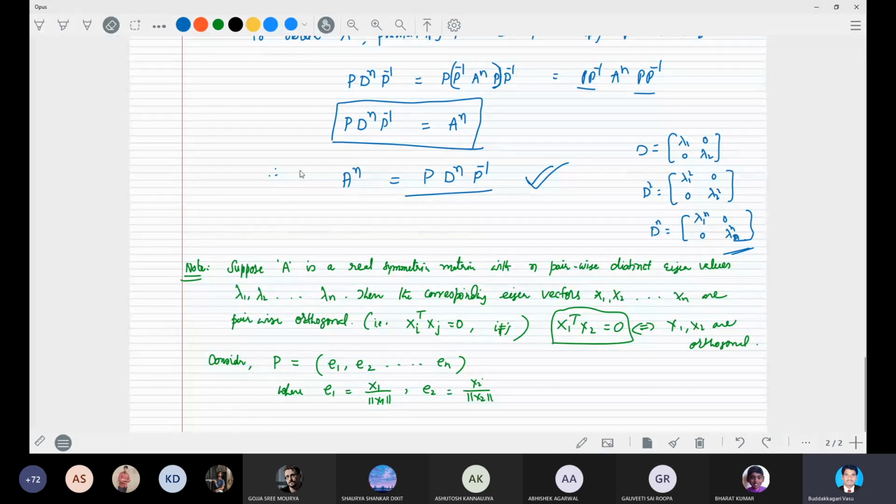Yes. For the real symmetric matrix, the distinct eigenvalues give you the orthogonal eigenvectors, pairwise orthogonal eigenvectors. So in such a case, the P model matrix is to be considered as described with their norms. You know the norm of a vector, how can we define it? En is equal to xn by norm xn, where